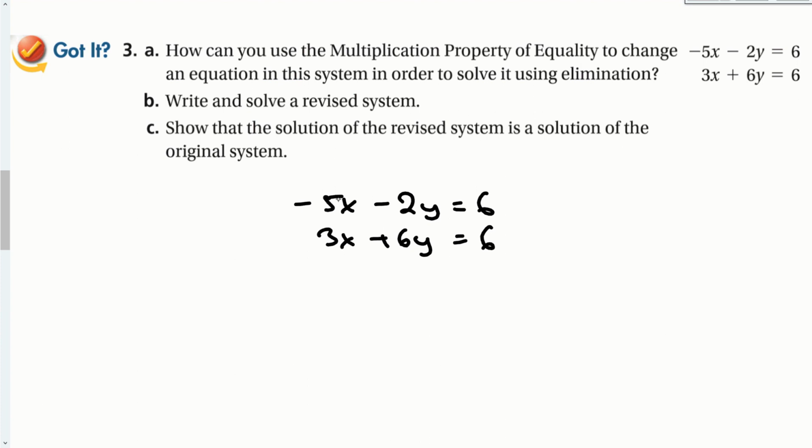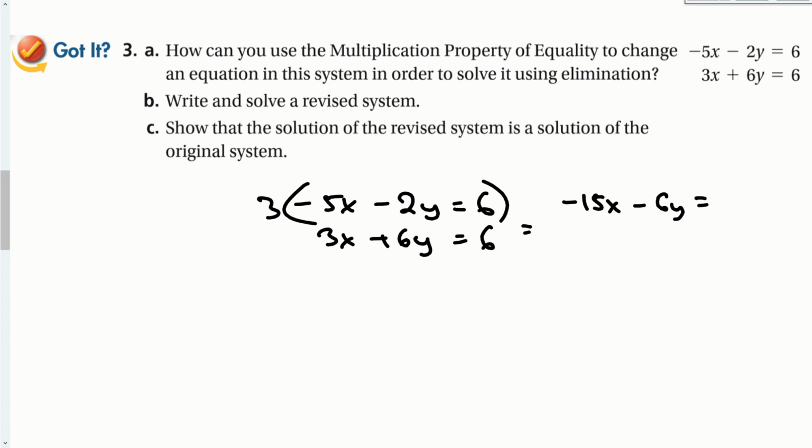Can't think of anything that will make a 5 into a 3. I would have to multiply both. But if I multiply the top one by 3, the y's will cancel. So my new system becomes negative 15x minus 6y is equal to